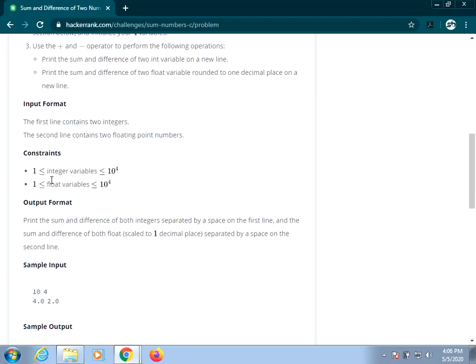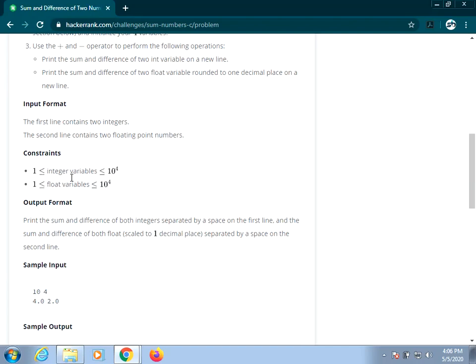Whatever program you write, that program can accept these values as input. That is, your integer value can be 1 and your integer value can be 10 power 4. So whenever you declare your variables, make sure your data type holds these values. Your floating point variables also can contain 1 and 10 power 4.